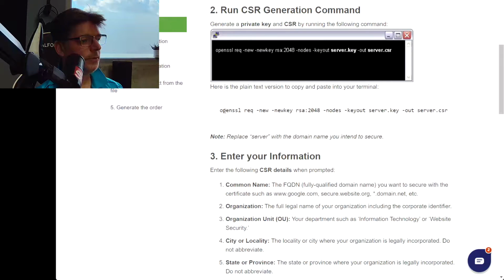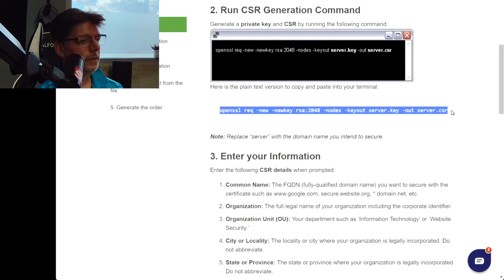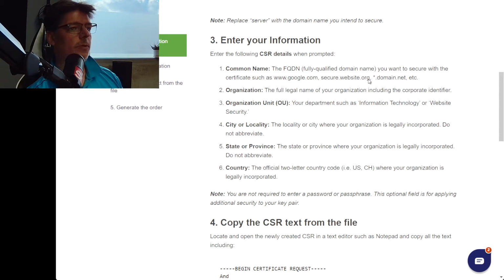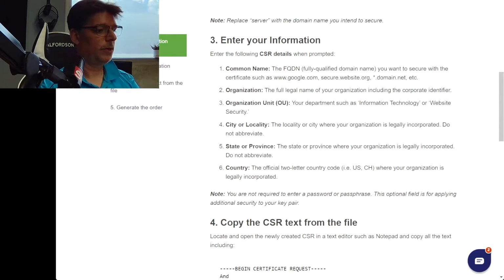So we need access to our server, and we need to run this command line: openssl, make a new request, new key, and the server key pair. It will be the server key, which is private, and a server CSR, which is a certificate request. Now, there are a few very important steps in generating that, and unfortunately they're not explained here. So I need to do a little bit more explanation. In our case, because we're running the Apache server, but also we have a proxy, what we will need to do is to go to our proxy server